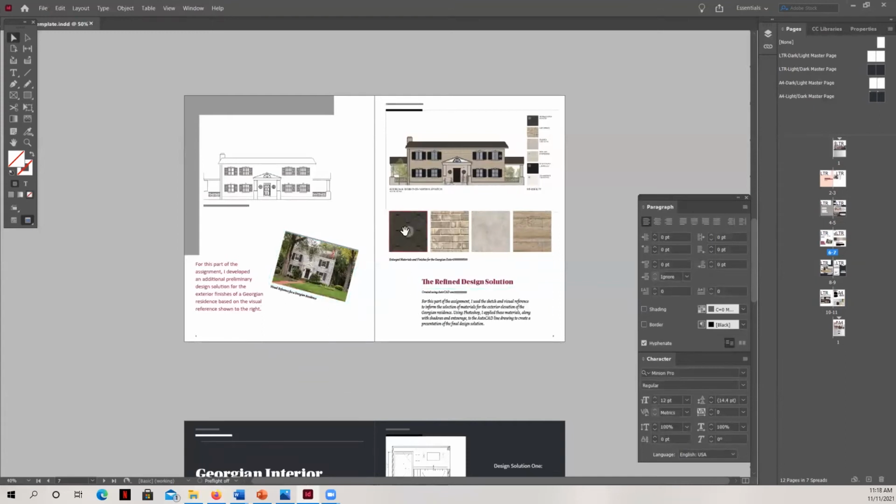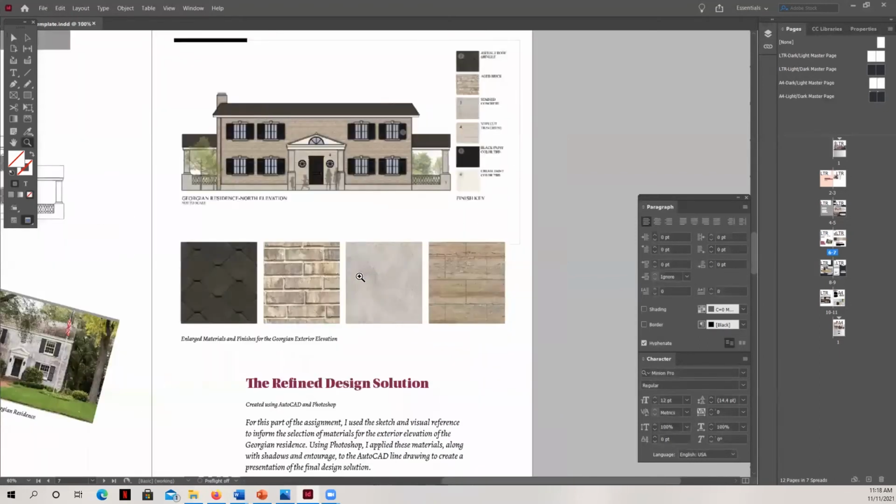Another thing that I want to show you as far as alignment and orientation is I want to take a look at these swatches here, and I'm going to zoom in just a little bit. Now, you can see here that I have placed in the swatches, and you can see when I double click, you see how big that swatch is. I've adjusted the size so that it gives a lot more detail than the picture of it up here. And so you can adjust the size of things quite easily like that.